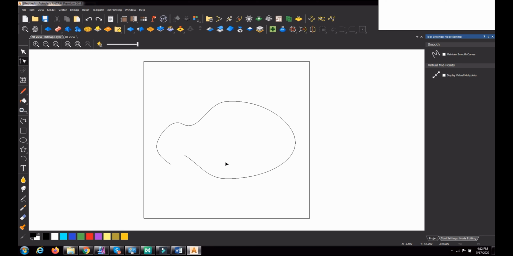Again Ctrl Z, undo, until it came back as in the previous state. So we have removed a particular segment of the object by cutting at 2 points.